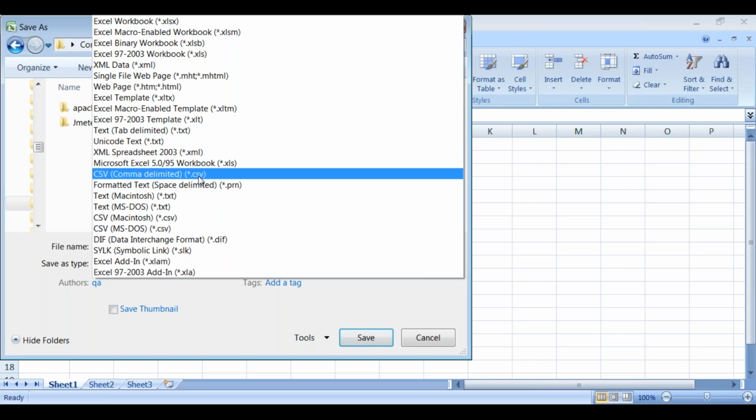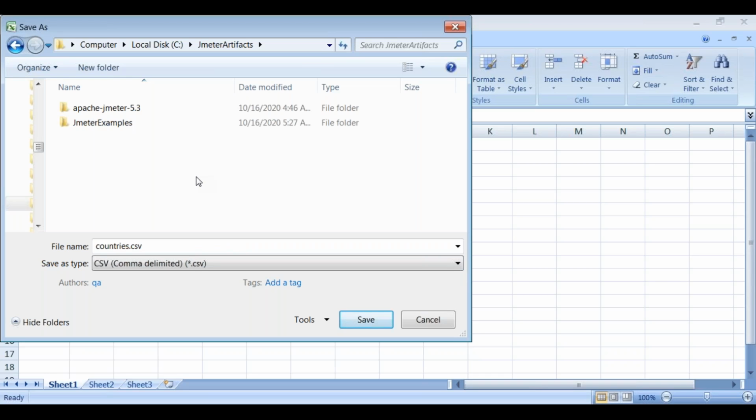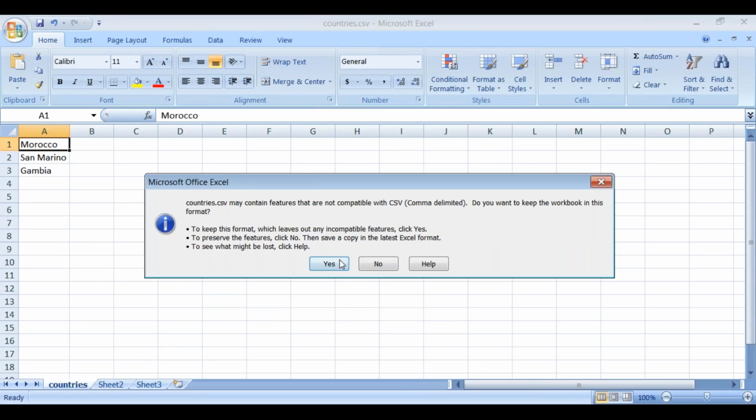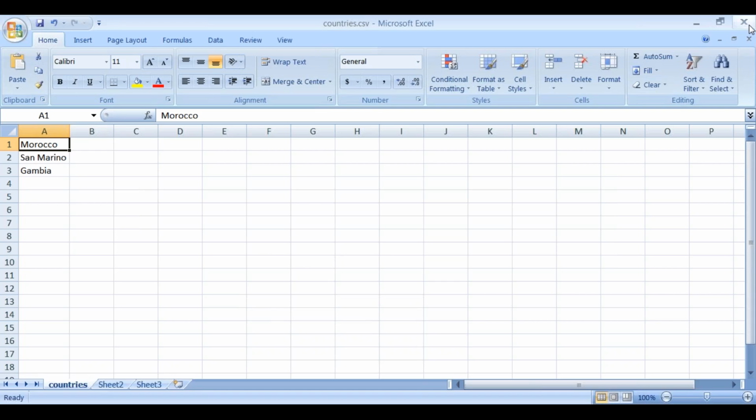How would you like to save this file? This file we would like to save as comma separated values, CSV. Very important, CSV. We have to select it and click on save. Click on OK. Click on S and close this